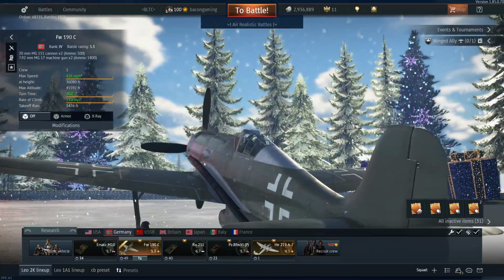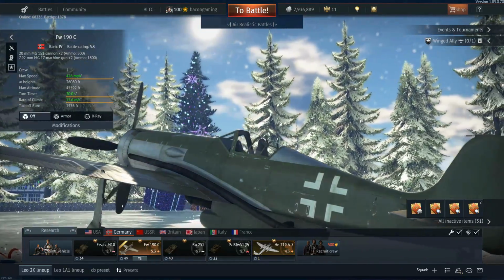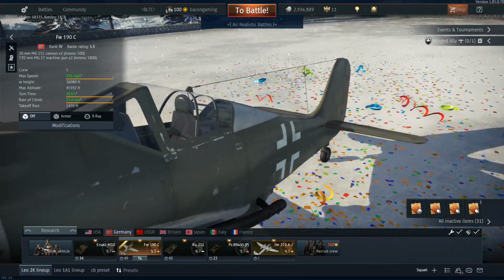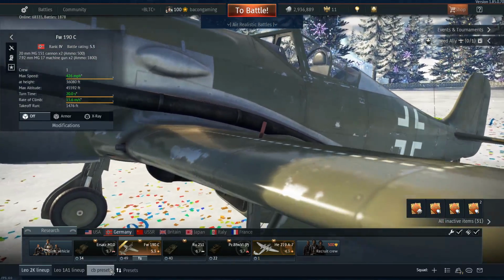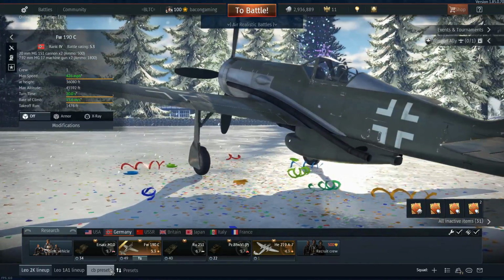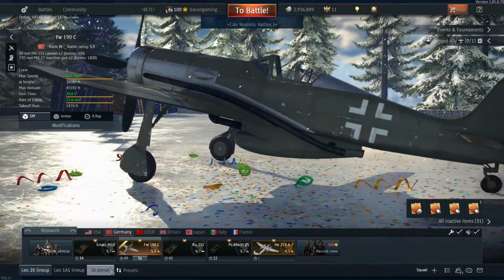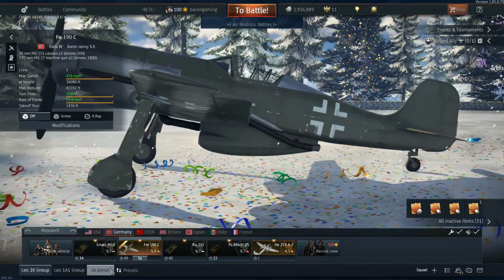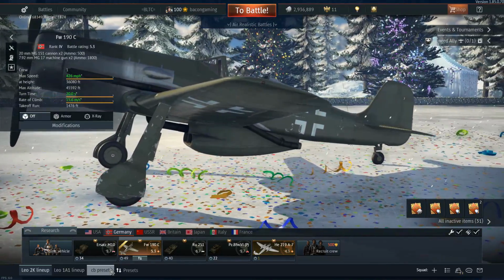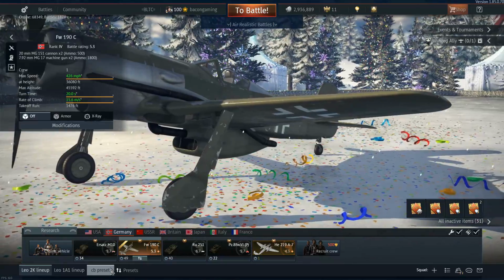Hello everyone, welcome back to the channel, where in today's video I'm going to be talking about the FW-190C. Now many of you may know this is the main prize for aviation for this year's Festive Quest event, and I have to say I think it is a pretty nice aircraft, although of course it is fairly well documented by many people at this point that this aircraft has quite a few glitches and bugs that currently have not been fixed by Gaijin, but rest assured, I am sure that Gaijin will get around to fixing them as